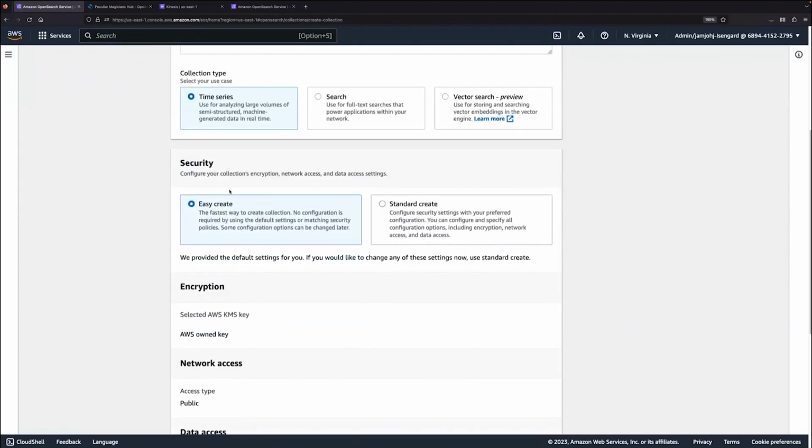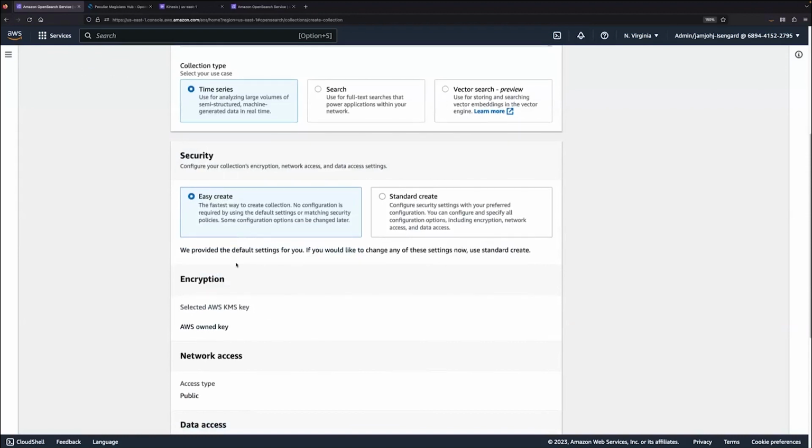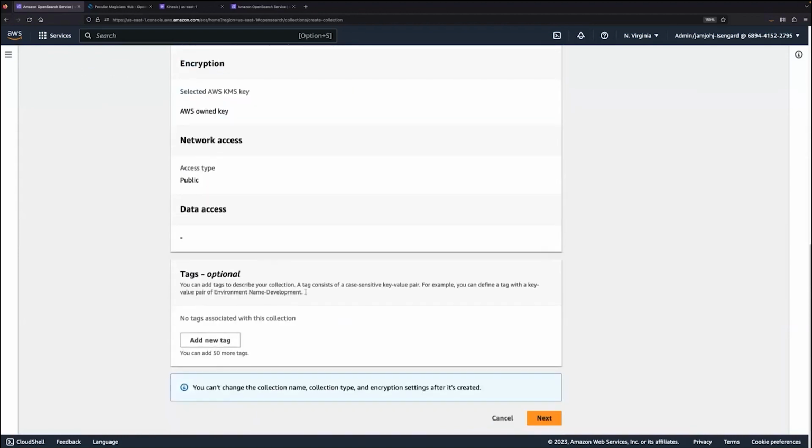And I'm going to leave it as easy create as my security setup. What that's going to do is apply access controls to the cluster and apply all of our best practices that we've learned over time, making it easy for you to get started, including what KMS key to use and the data access controls as well.